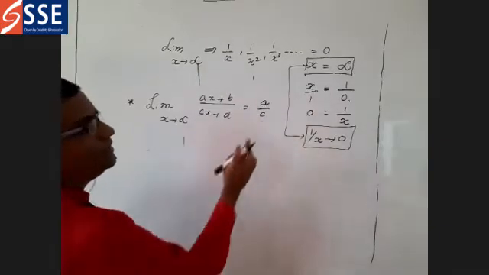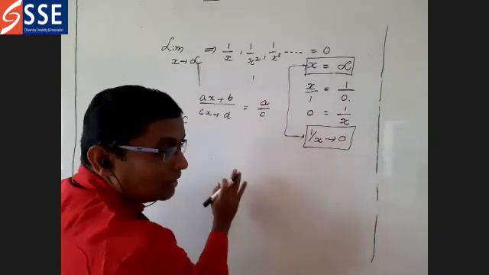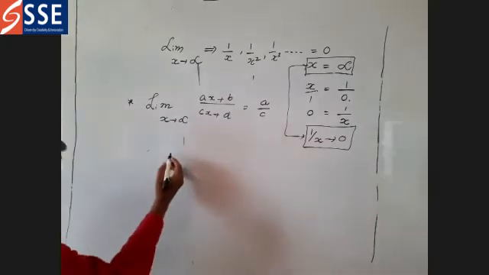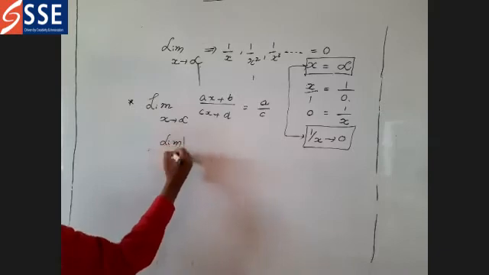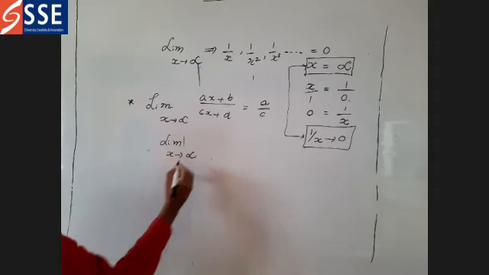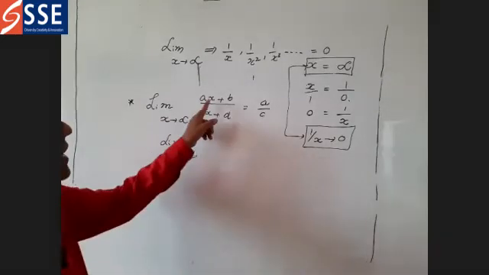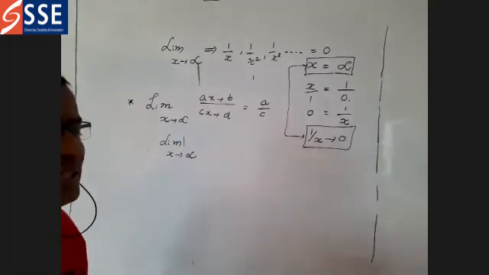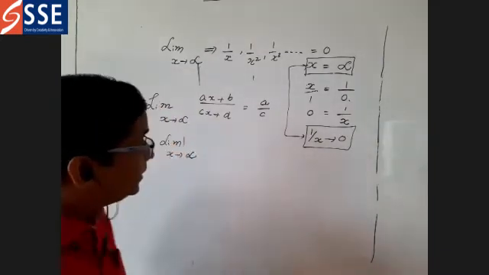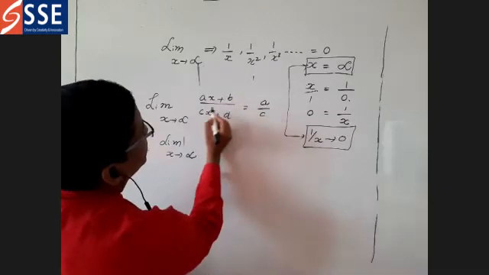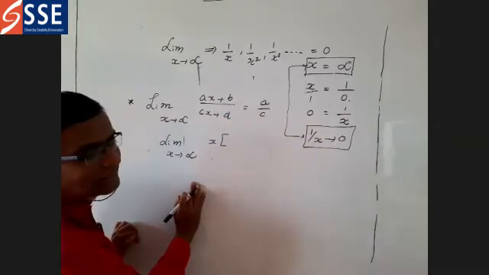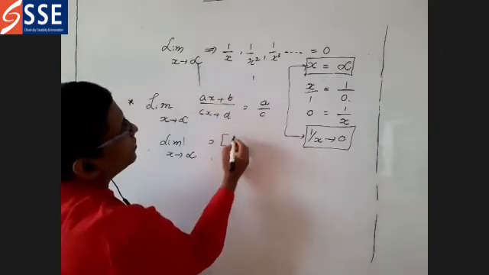Okay, a by c is the answer. Why? I will explain one thing and the remaining things you can do on your own. Listen carefully. I already told you that as the limit x tends to infinity, we are going to make x as 1 by x, to substitute 0. For that, take x out as common in the numerator and denominator. If you take x common, what does it become?